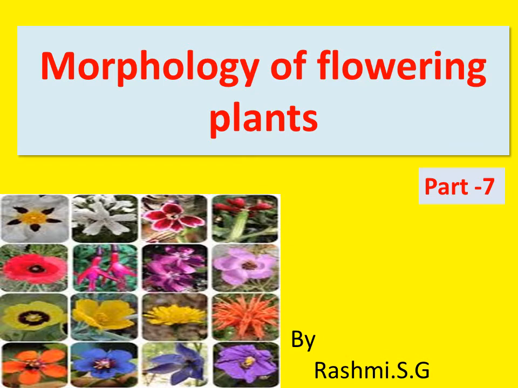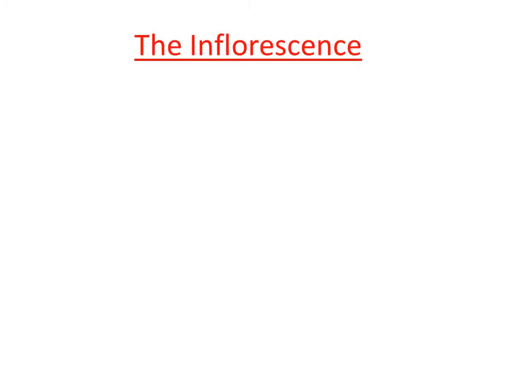In this video, let us continue our study on the morphology of flowering plants. Yes, so far in this lesson, we have discussed the vegetative parts of the plant. So we have completed our study of the root and modifications of root. Then we also studied the stem, modifications of stem, as well as the leaves and their modification. So now we are moving to one more part of the plant, that is inflorescence.